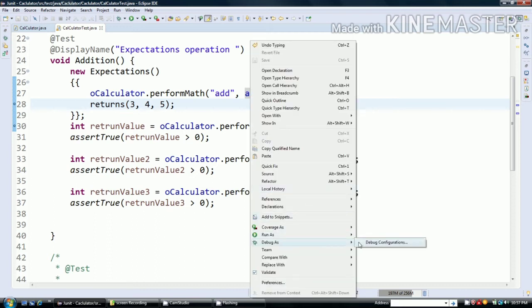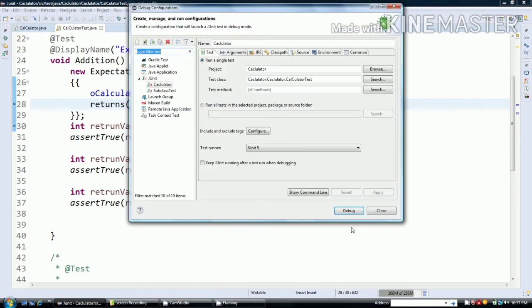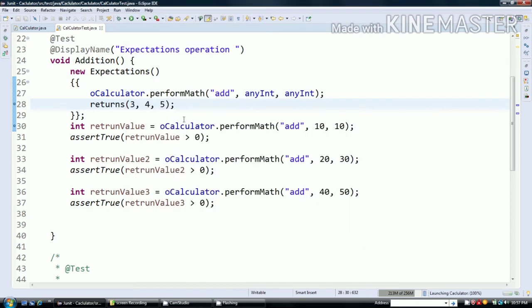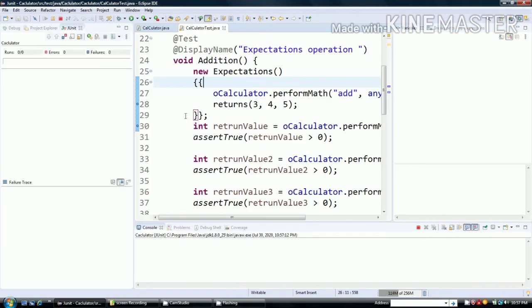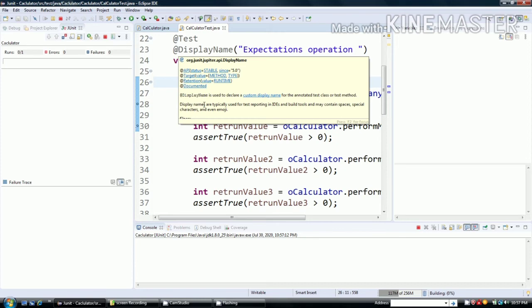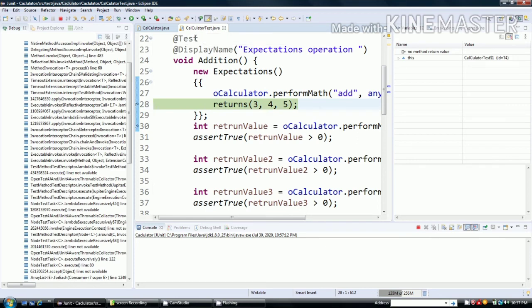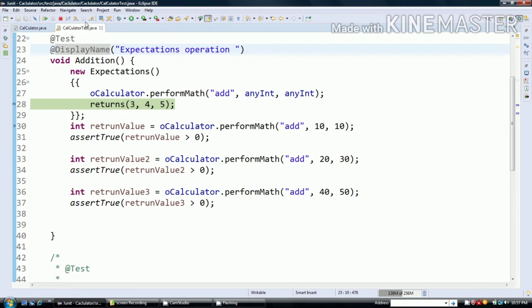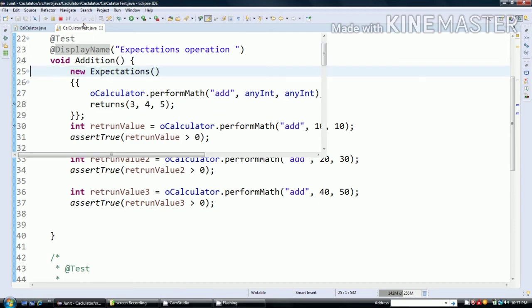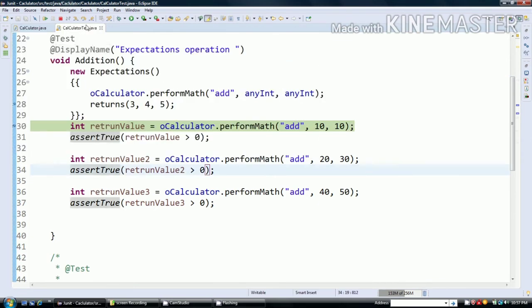Let us debug the code and we will see. Debug, and we will wait for some time so that it will return the result for us. Return value will be used when you want to show different values for different method calls. So now we are going to wait for the expectation block to get executed. Let us release the debugger to come out of the expectation. So now, out of the expectation, go one step to return value.